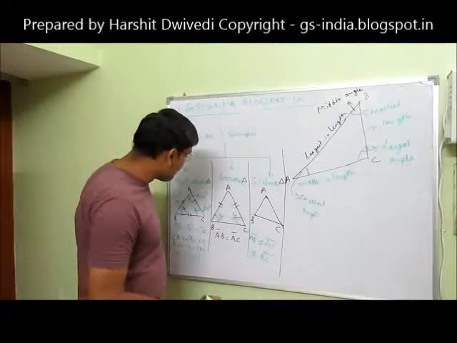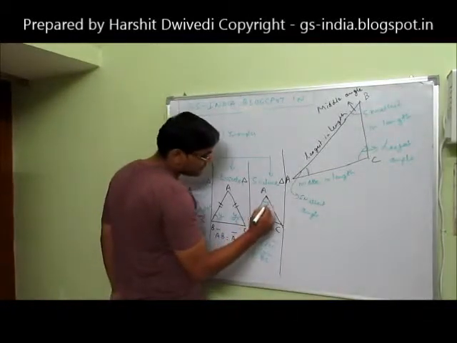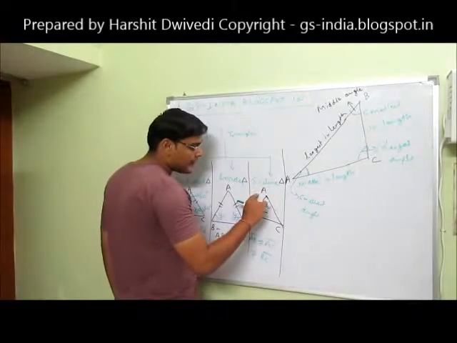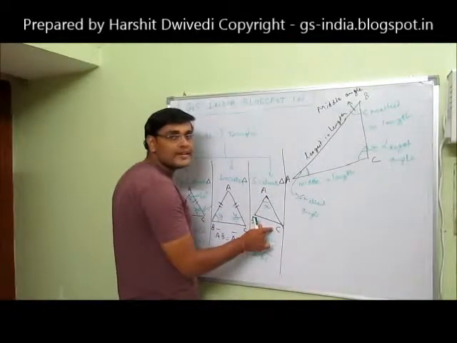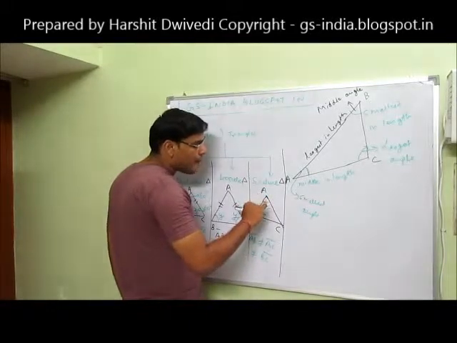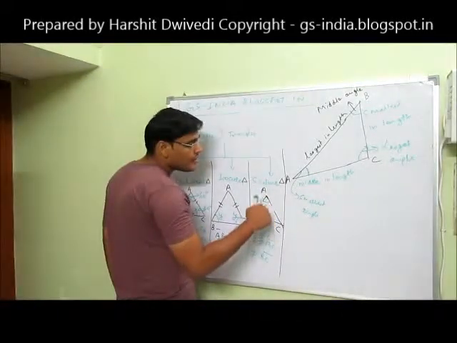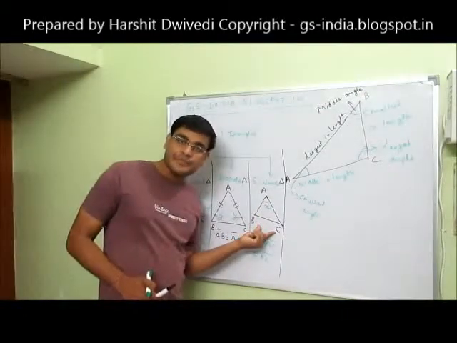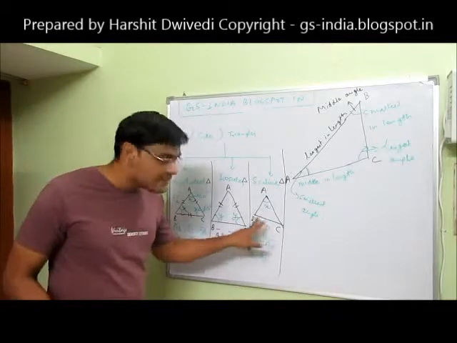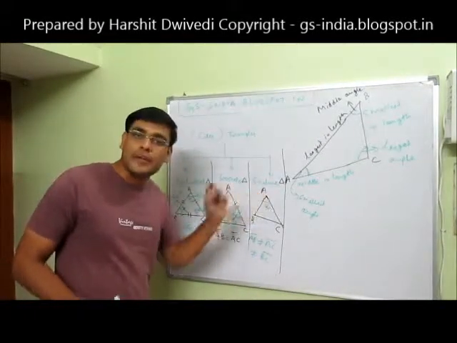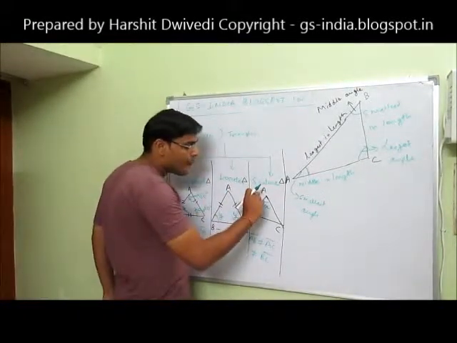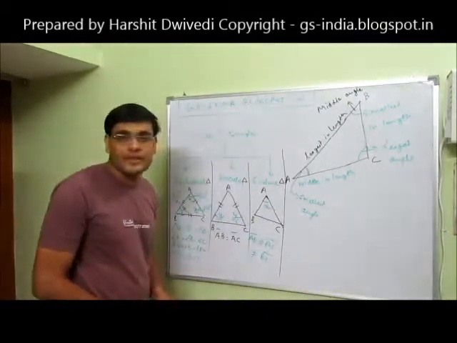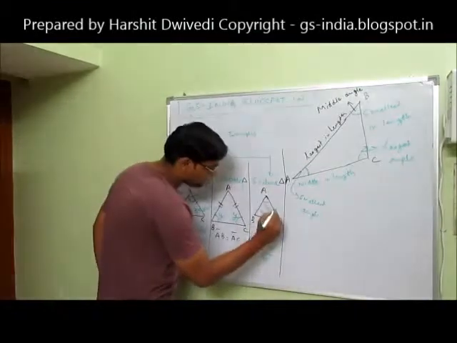Now what does the scalene triangle say? Suppose this is angle X. This is BC and opposite to this is angle X. This is AB. AB is not equal to AC. So whatever the angle will be opposite to AB, it will be different from this angle X. Because the angle X is opposite to side BC, and also this line BC is not equal to this line AB. So obviously the angle which is opposite to this line AB will not be equal to the angle which is opposite to line BC. So if it is X, I suppose it as Y.